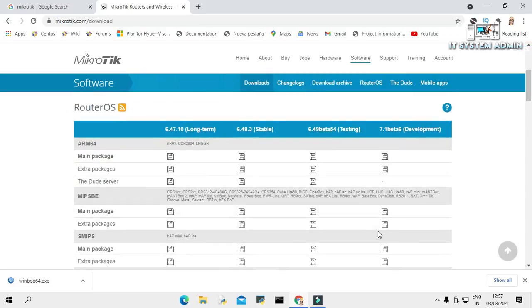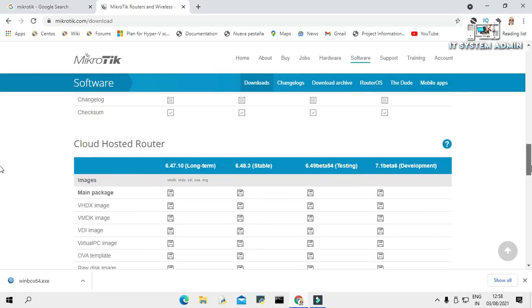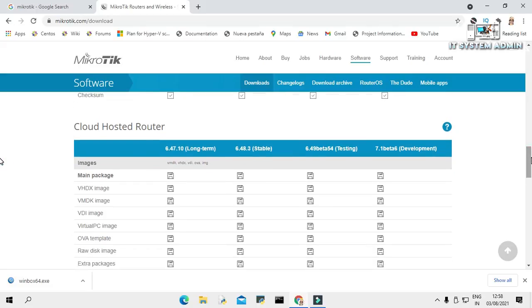All these are router operating systems. Again scroll down. Cloud hosted router. From here you will download a virtual hard disk including the installed MikroTik router operating system. Okay, this is the VHDX image. You know, in Microsoft Hyper-V the virtual hard disk format is VHDX. So we will download VHDX and the stable version